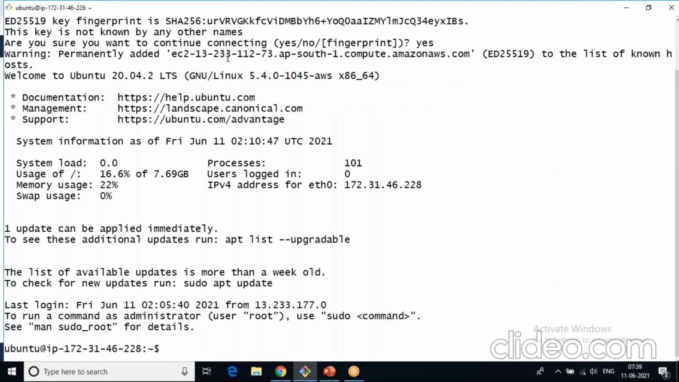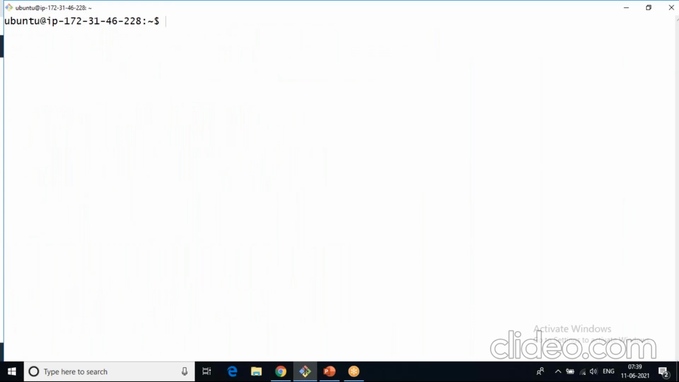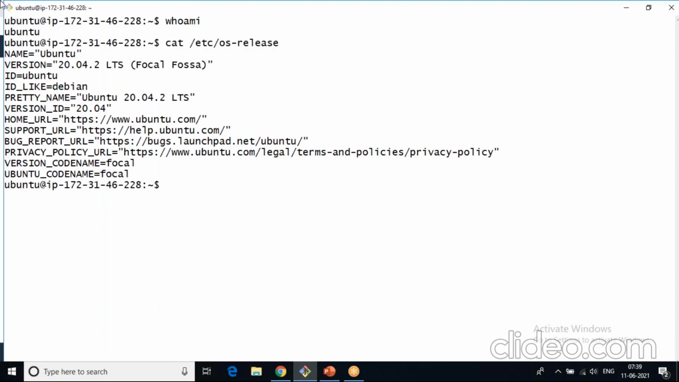Okay, so now you can see this command prompt is connected to AWS. Now this will be called a terminal for us, so that I can now type everything. So who am I? Ubuntu. And to cross check, if I say cat /etc/os-release, so it says I'm working on an Ubuntu 20